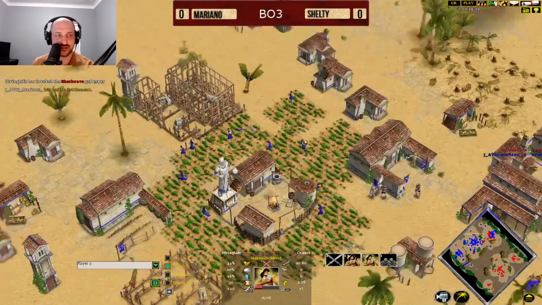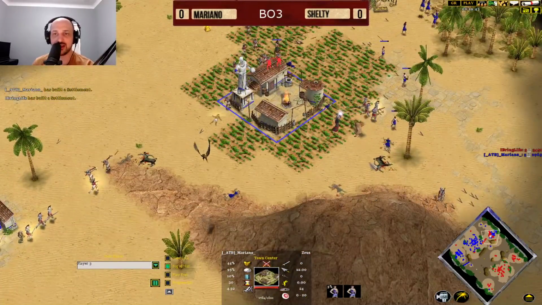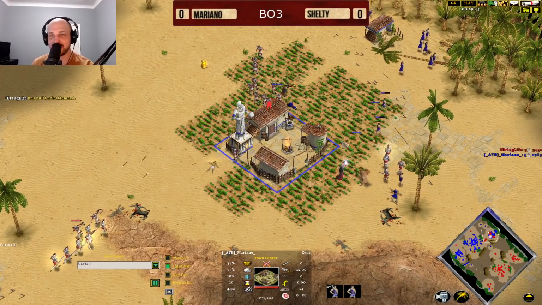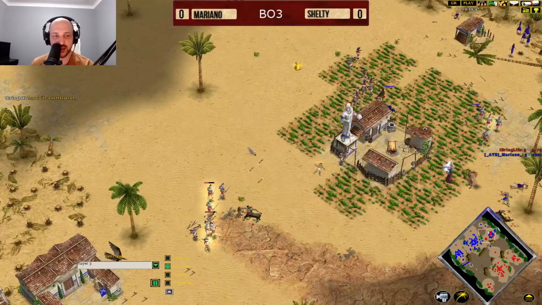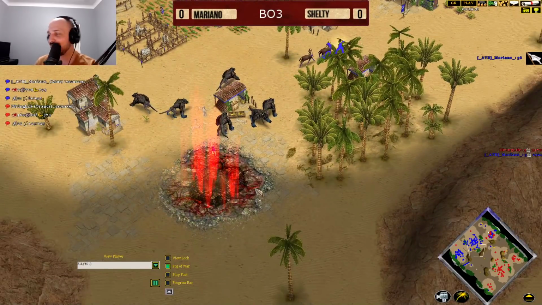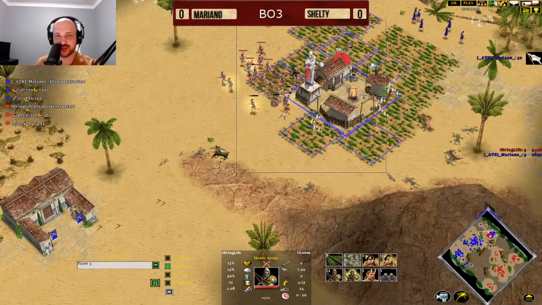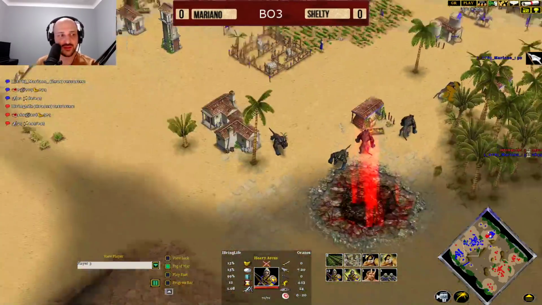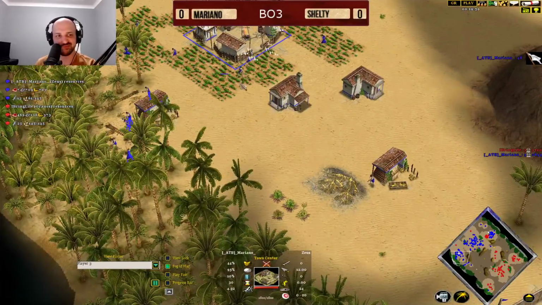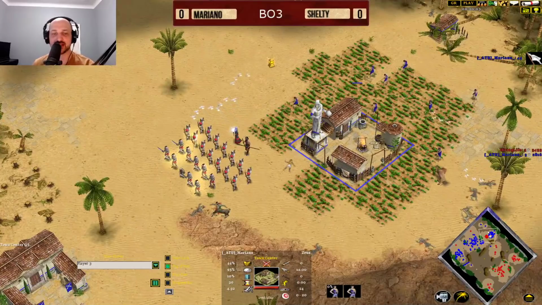But now it's just looking like temples going up, and Mariano, he needs to ceasefire here. There's no reason to hold on to the ceasefire at this point. No reason. He's got no population in the bag here. 61 population versus 145 population here. And this game has just all come down to just a greedy second town centers from